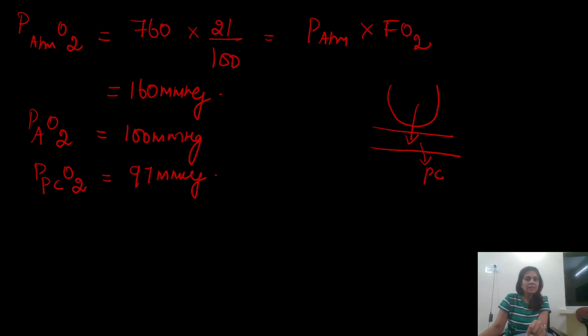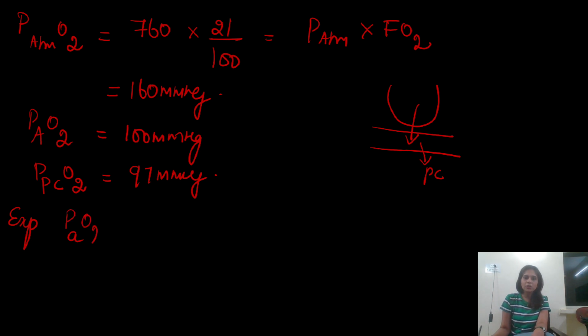Now, if in pulmonary capillary you have 97 millimeter of mercury partial pressure of oxygen, what is expected in the peripheral arteries? I want you to remember that from pulmonary capillary, blood gets into pulmonary vein. From pulmonary vein, blood gets into left atrium. Then it goes to left ventricle. And then it comes out as aorta and it breaks into peripheral arteries. Till it breaks into peripheral arteries, you know for sure that there is no gas exchange, which means what is expected in the peripheral arteries? It's the same.